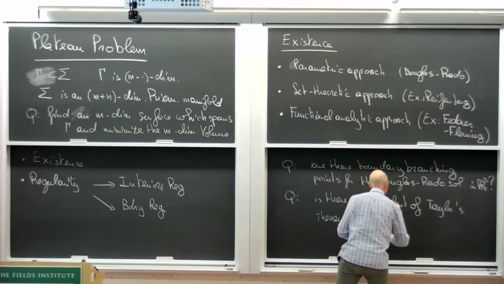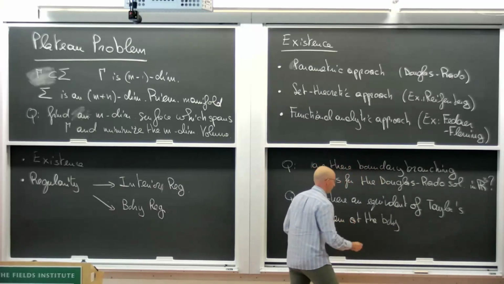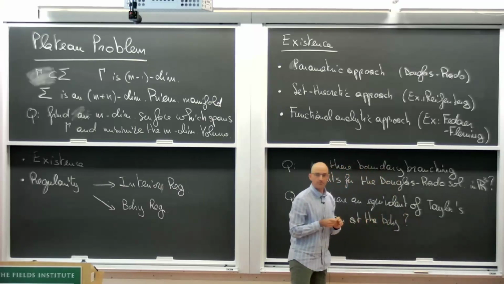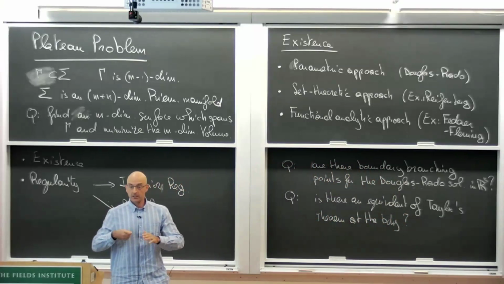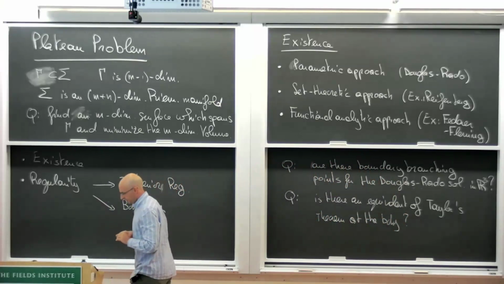So what I mean by a Taylor theorem is a complete classification of all possible singularities that an Almgren minimal set could actually have at the boundary. Okay, so but